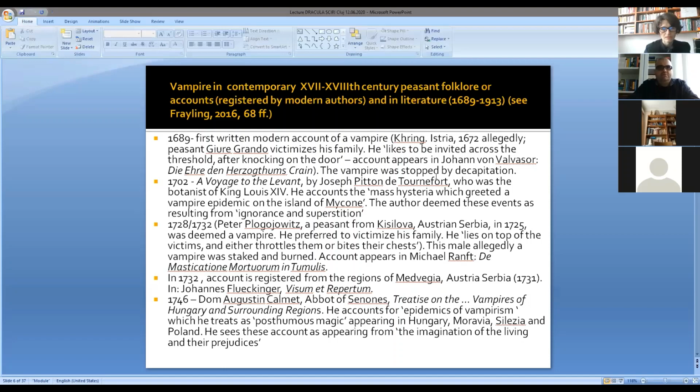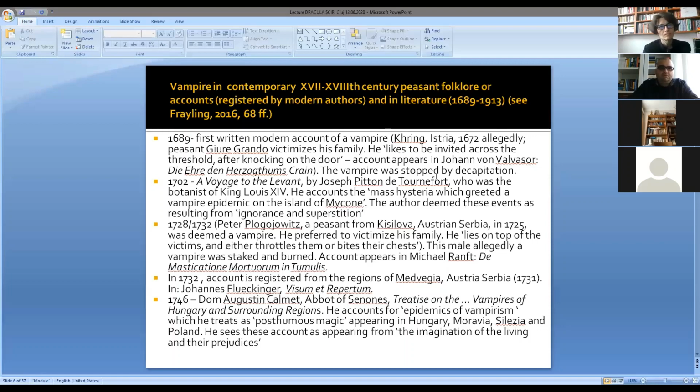He, quote, "lies on top of the victims and either throttles them or bites their chest." This allegedly vampire was staked and burned, according to this account. In 1732, another account is registered from the region of Medvedja in Austrian Serbia, and in 1746 there is the